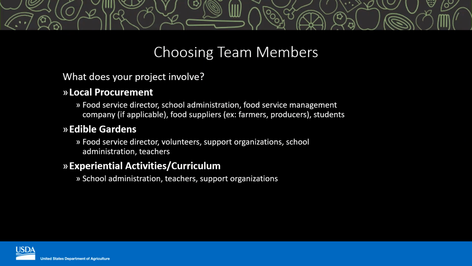When selecting team members for your grant writing team, make sure you reach out to members that can offer a variety of perspectives which you can incorporate into your grant writing. For example, if you are planning to incorporate farm to school activities into the school standard curriculum, it would be appropriate to obtain teachers' input and buy-in prior to starting a new program. You may also consider whether your organization has connections with any prior farm to school grant recipients. Organizations that have been successfully funded in the past may be able to provide valuable insight as you prepare your application.